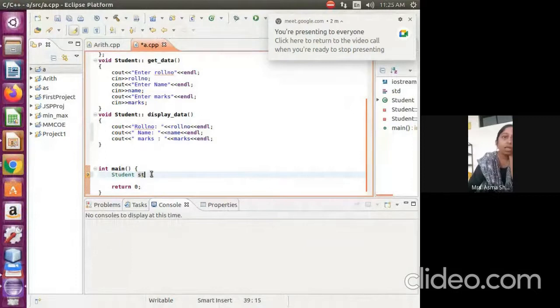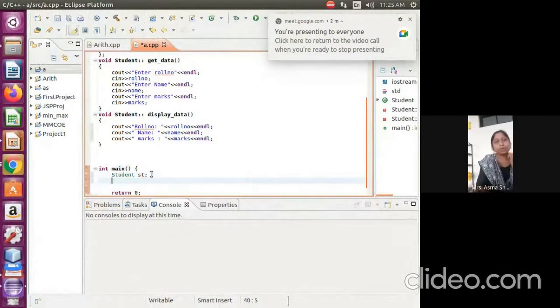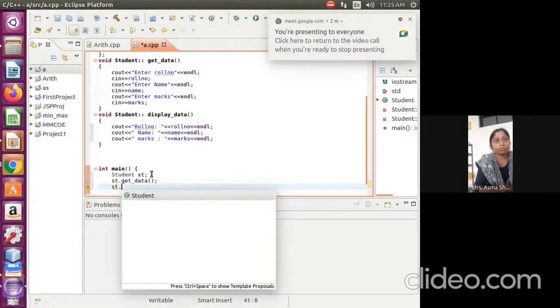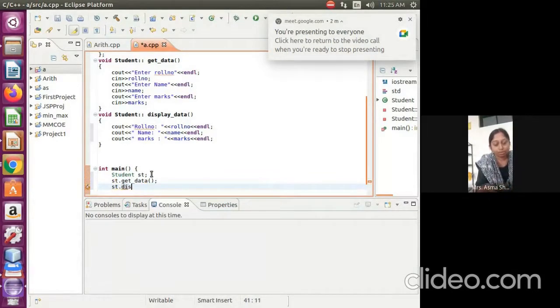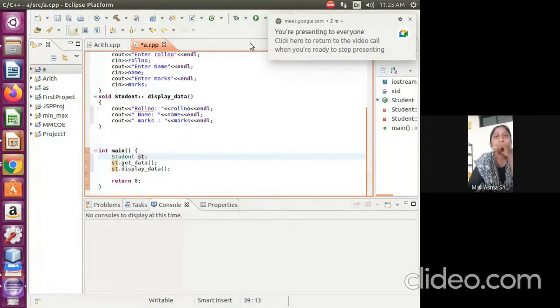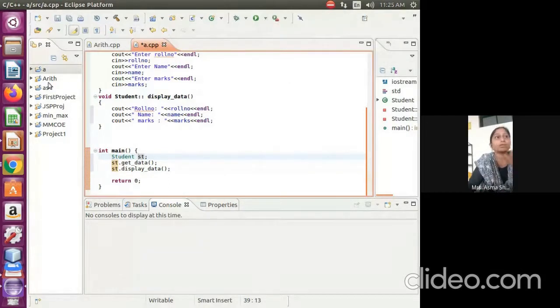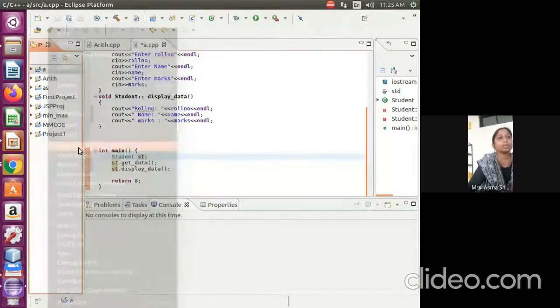Now st, and we have to call a method, st dot get_data. Now st dot display_data, semicolon. Now let's check, I'm going to build this project.